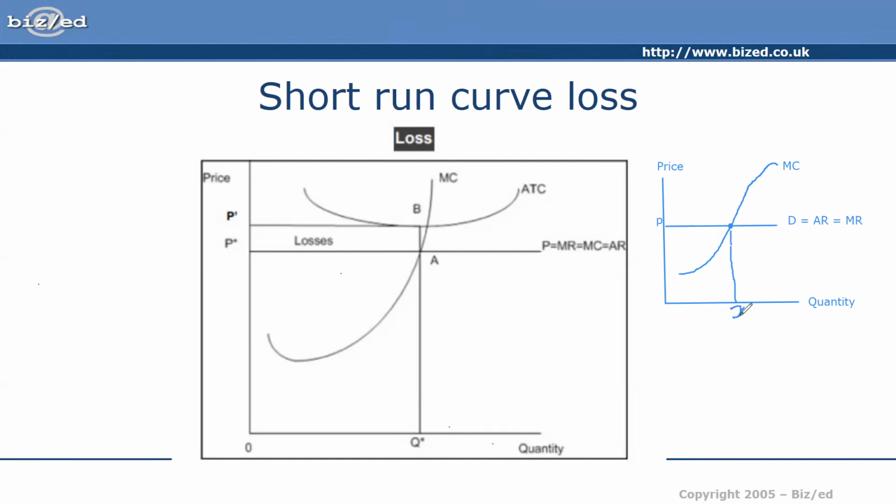Now, if we are making a loss, can you check back the note that you wrote down and tell me what's happening when you're making a loss? Total cost is more than total revenue. So it's the same in average. If we're making a loss, our average cost has to be more than average revenue at this point. So if I draw my average cost curve here,